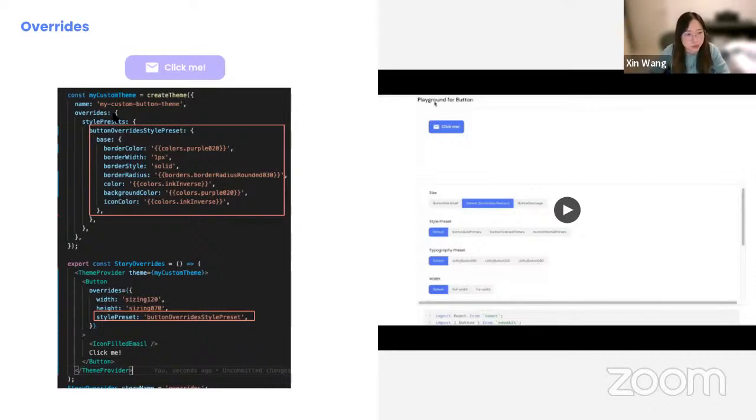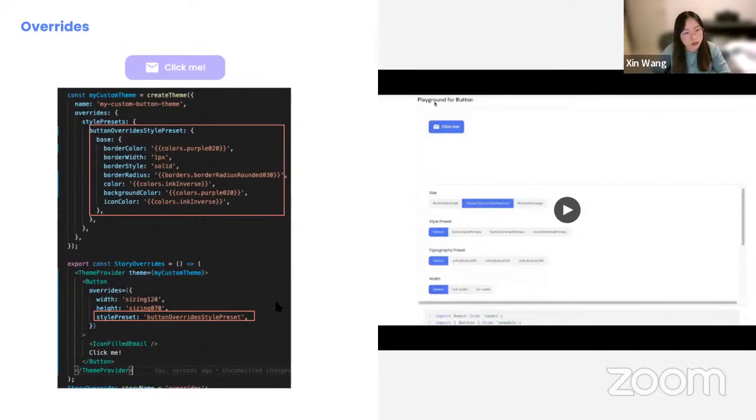It allows you to create a new theme and pass the same overrides here. For example, the style preset passed to overrides, and here you can define your new style preset and the base state. Once that's done, you can use Emotion's theme provider to pass the new theme here. And again, like what I demoed earlier, you pass the style preset to that overrides object.